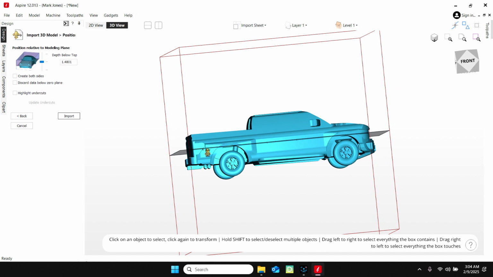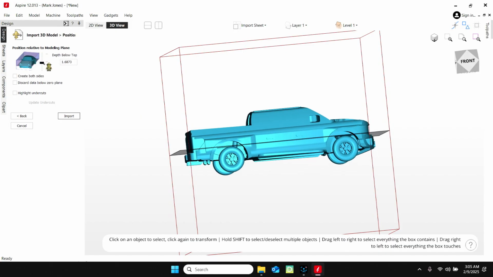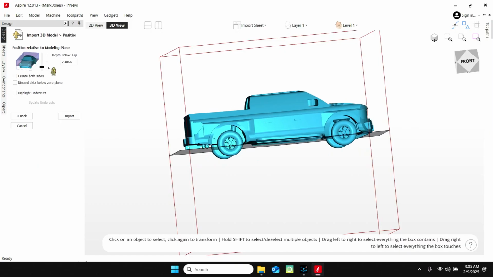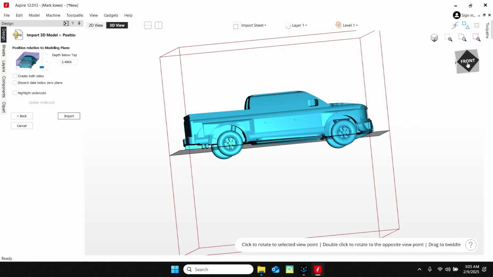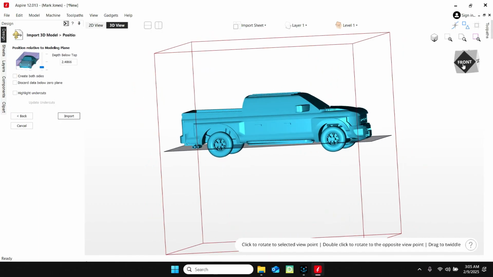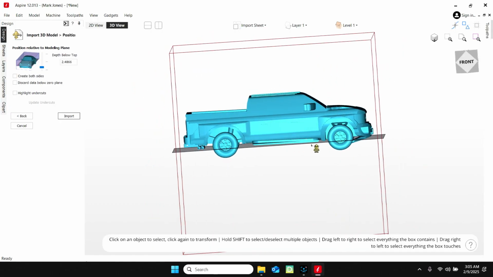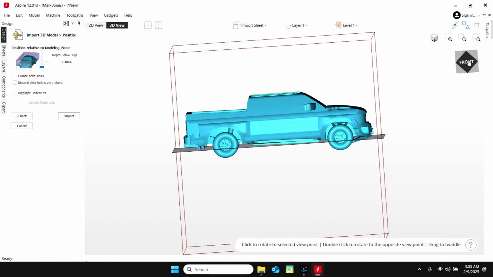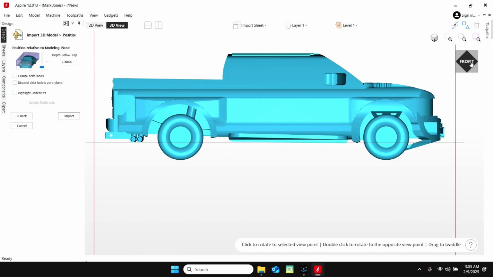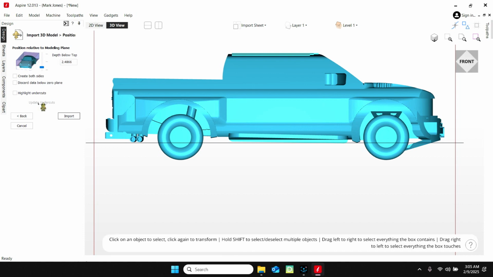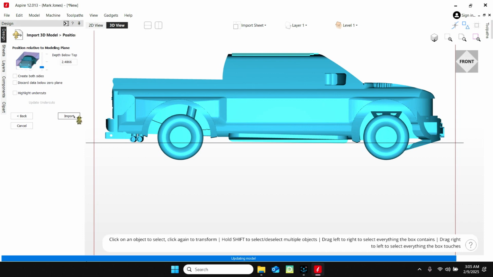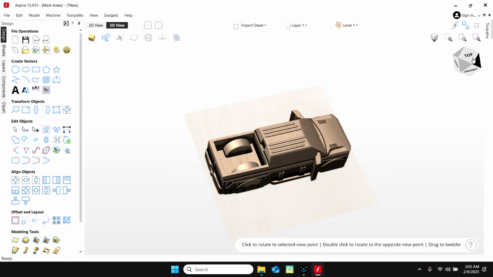So like if I was just wanting to get the top of it, but that's not going to give me my bed. So I'm going to go ahead and slide this down and pick up what it is I want from this. Okay, let's just look at it and see kind of what it is we're going to pick up. So I'm going to pick up most of the detail, running board, all the way down to the tailpipes. So that looks pretty good there. And then if you just want to get just a regular click on it for the front view, that's fine. Of course, what we're going to be capturing is the top view of it. So we'll click import,